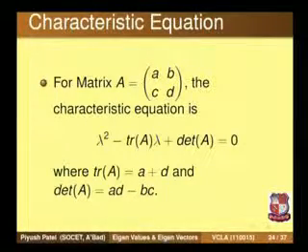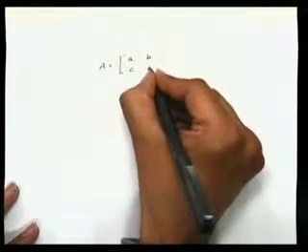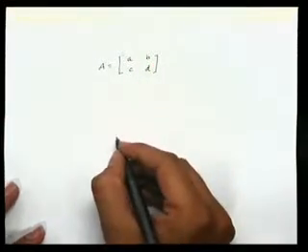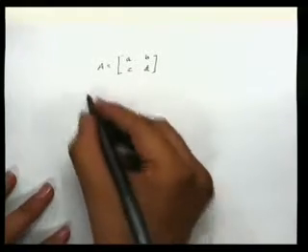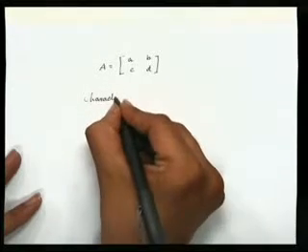For example, if we have the matrix A equal to, say in general, a, b, c, d, this is the matrix A of 2 by 2, then by the definition of characteristic equation,